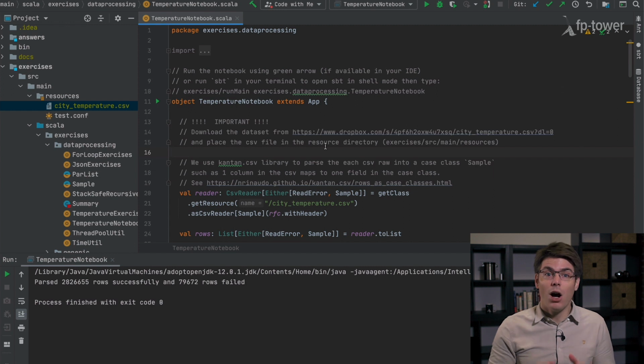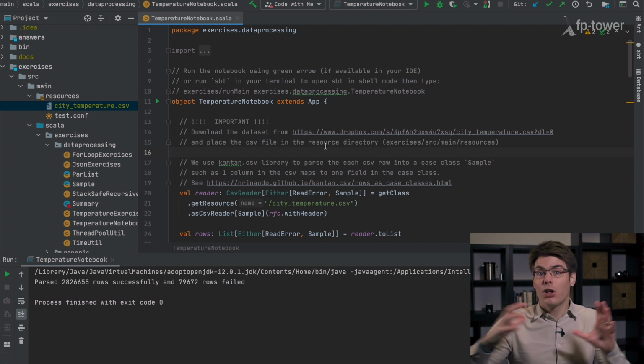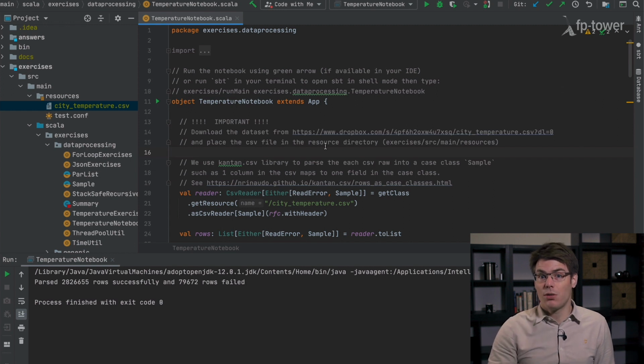It worked because the object extends a trait App that comes from the standard library. App is a little bit magical. It adds a main function and then takes the entire code in the object, so everything within the curly brackets, and moves it inside the main function, meaning that everything in this object is executed. Quite convenient, right? In Scala 3, there is another way to define a main method, and I will put an example below this video.